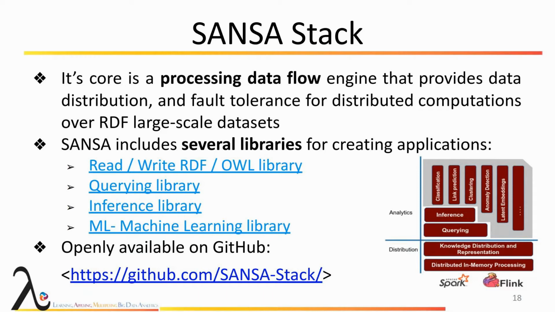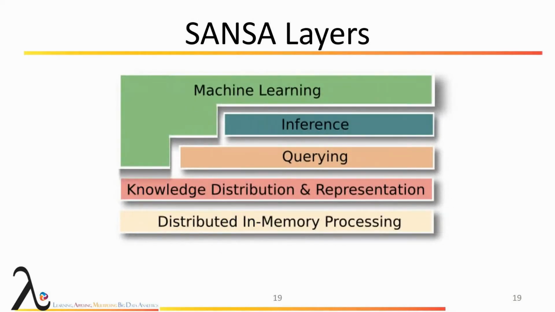So this is what we call the layers, and a bit like the semantic layer cake, you have various possibilities from reading, querying, inferring, from bottom to top, to the machine learning, which is on top, and everything is available at the moment on GitHub. And we are trying to release a new version every 6 months, taking into account all the issues that users may have. So in case you'd like to also be part of that big SANSA family, please come. You are welcome.